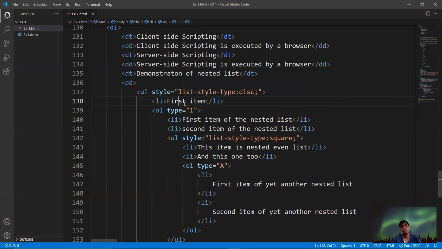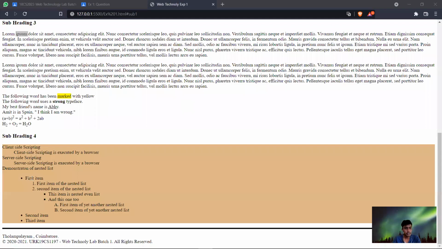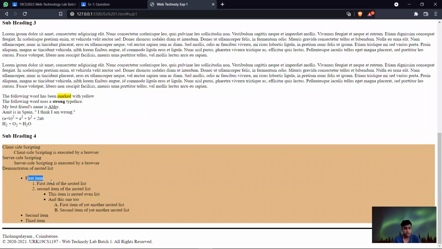An unordered list can be shown with shapes like circle or square, and an ordered list can be listed as 1 2 3, Roman numbers, or ABCD alphabets. So inside the unordered list, they have given the ordered list.